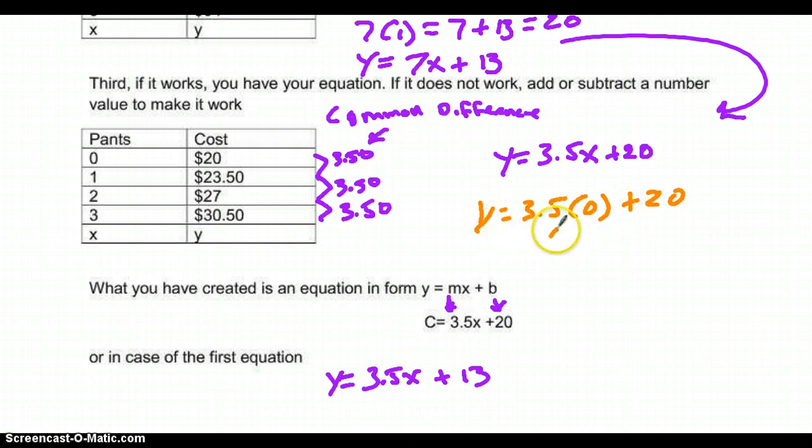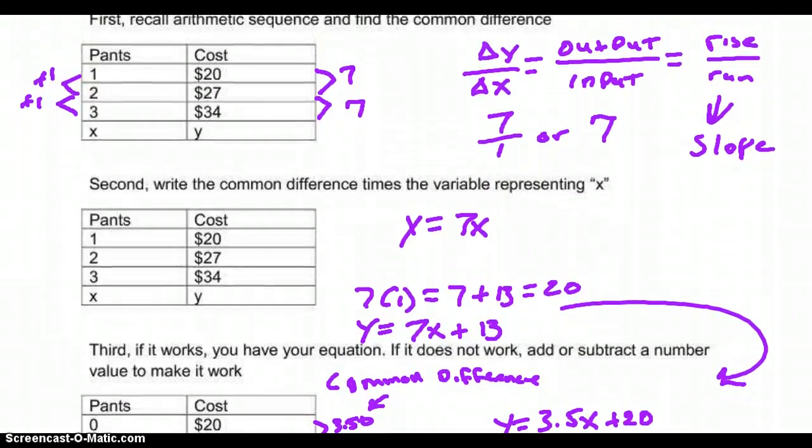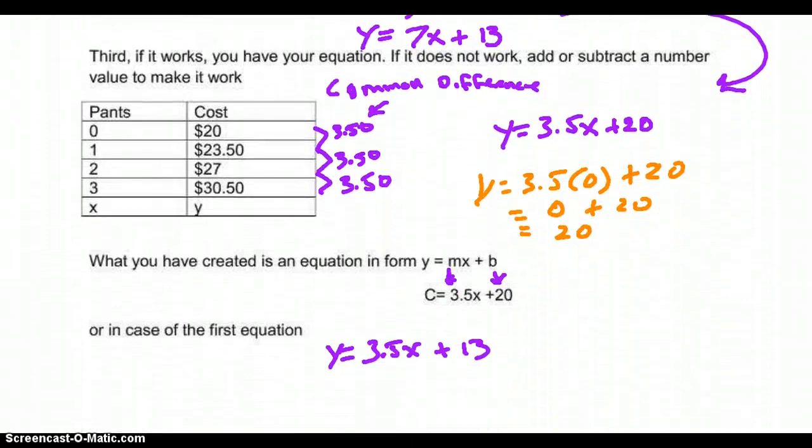Here, this is going to give me 0 plus 20, which is going to equal 20. So this works out for us as well, using the equation y equals 3.5x plus 20. Again, you created this equation. It wasn't given to us. You just used the information, the common difference, the output over input, and you were able to create the actual